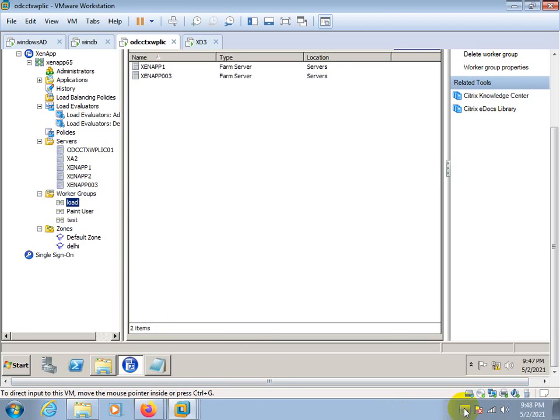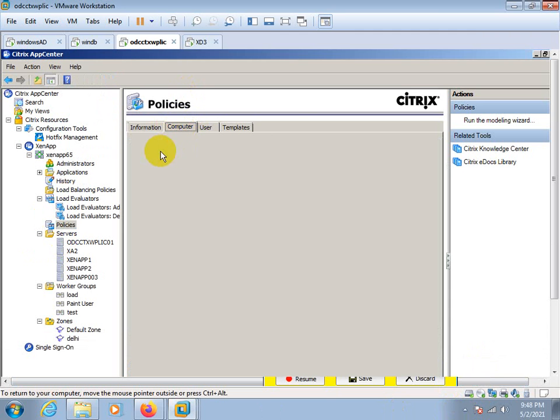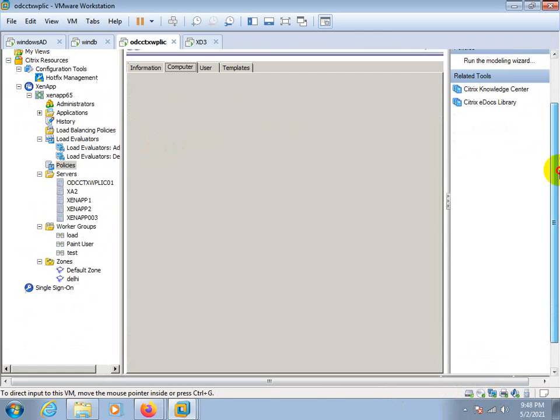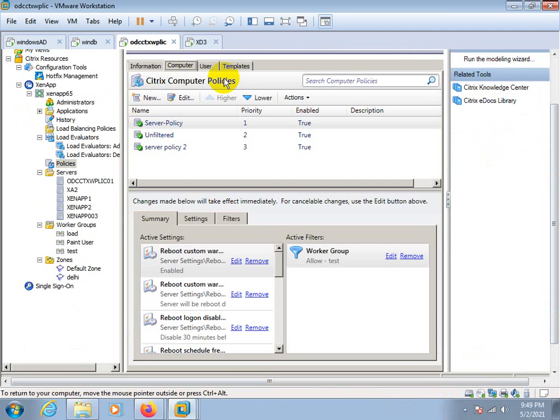Okay. Understand? There are 2 types of policies: computer policies and user policies. I'm clicking on the computer policy. So today I will cover reboot policies, how to create a reboot policy for a server, reboot custom warning, reboot logon.